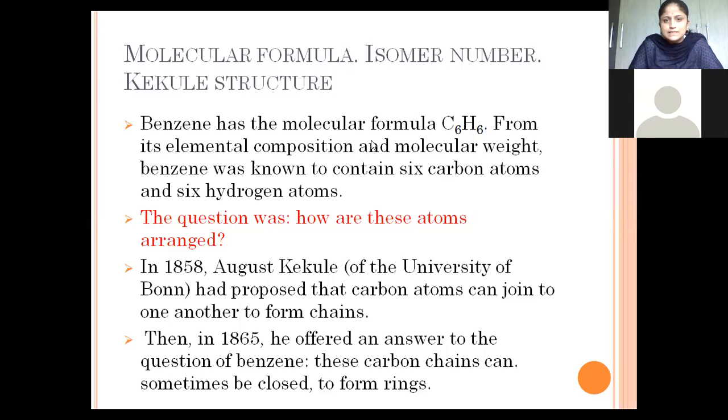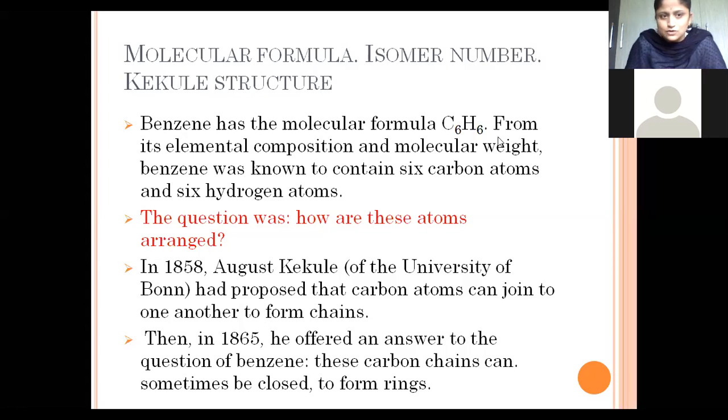Okay, so benzene has a molecular formula. We all know that it contains 6 carbon atoms and 6 hydrogen atoms from its elemental composition, and the molecular weight of benzene was known to contain again 6 carbon atoms and 6 hydrogen atoms. But the question is how all these atoms, that is 6 carbon and 6 hydrogen atoms, are arranged in the structure. In 1858, Auguste Kekule of the University of Bonn proposed that the carbon atom can join to one another